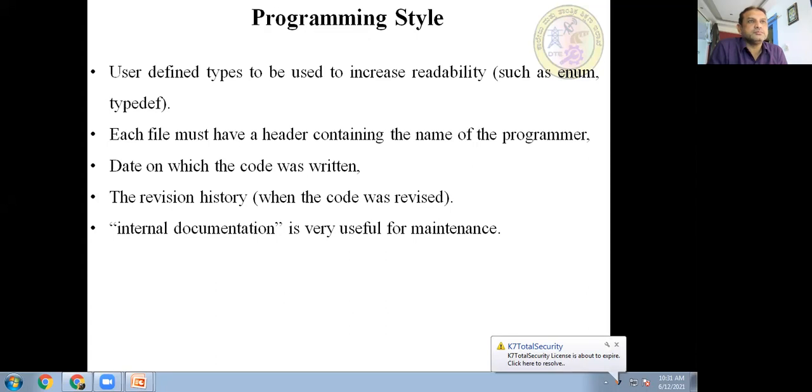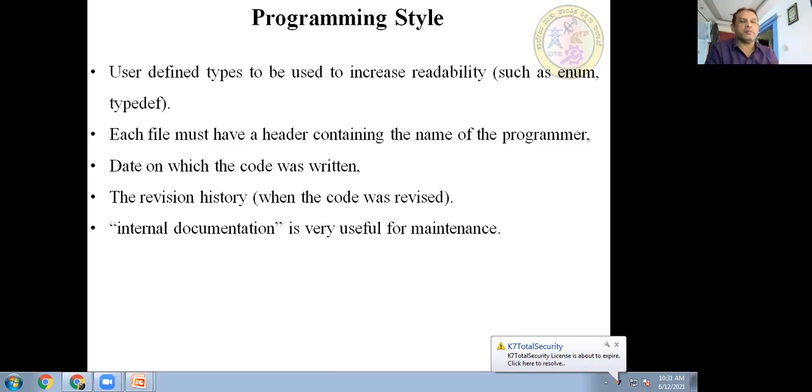Enum is a user defined type in data structures. For example, you know the months of the year. There are 12 months, so instead you can specify the months directly in the enum, all 12 months, January to December, or the 7 days of the week, Monday to Sunday. So you can use the user defined type enum there, and you can define your own variables also.